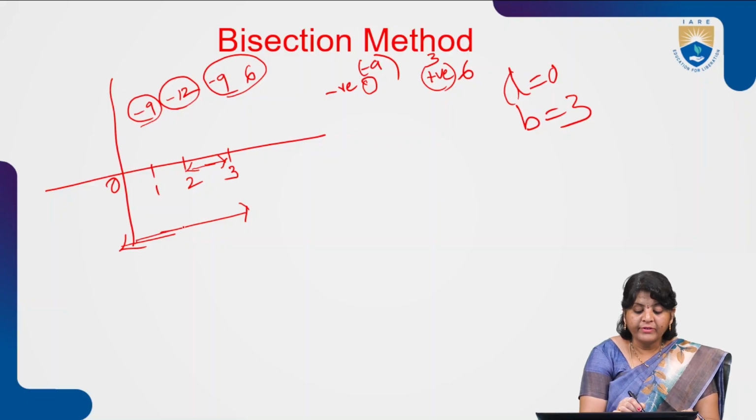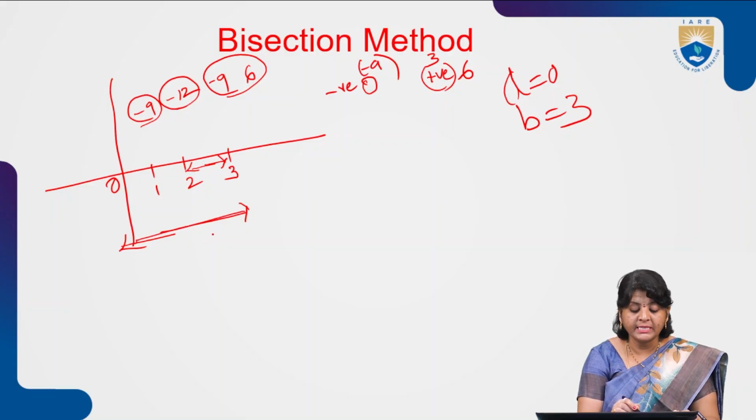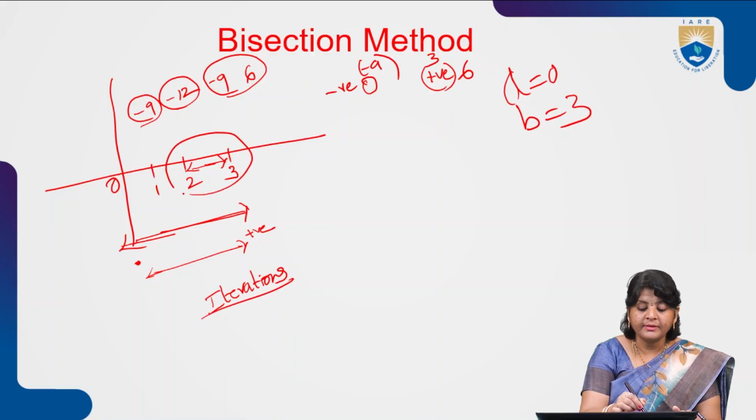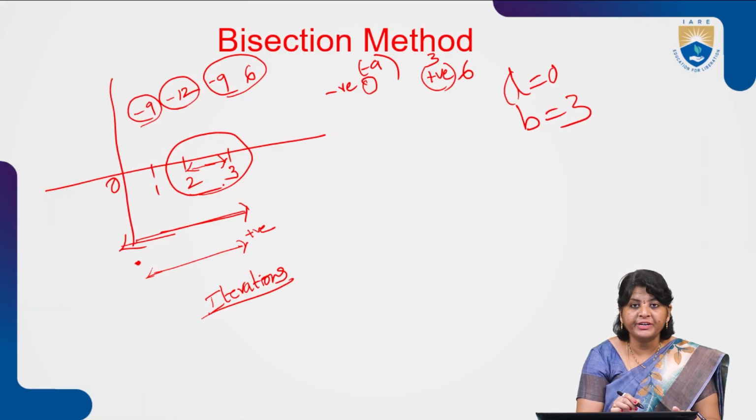So here we will get more iterations because here I am getting a negative value and here a positive value. What we are saying is that the root lies between a negative value and a positive value. But since the distance from 0 to 3 is more, the interval is larger, so more iterations. To overcome this, we need to select 2 and 3, so that the number of iterations is reduced. The same logic needs to be implemented in all the methods.